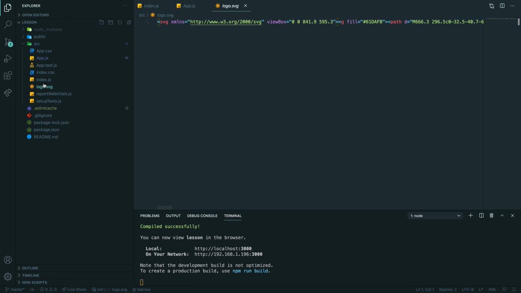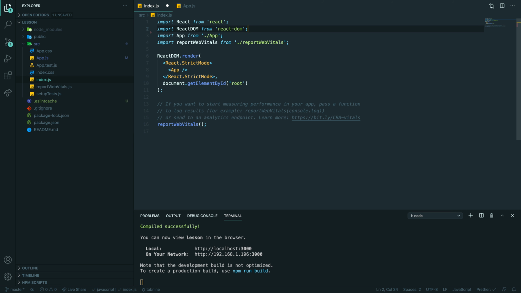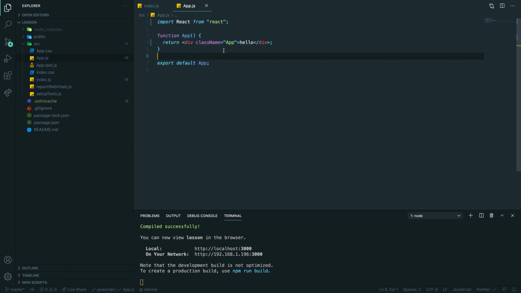Sorry, what's the app.js versus your index.js? So index is just a root file where you can do some configuration. You don't normally do any logic. You're not writing your code here. You're just adding a few things, if you need routing, we will talk about that a bit later, or a global state like Redux, etc. But this is basically more like a configuration file. It's like the top level component that you don't normally write anything in. And where everything is starting for you is the app.js. So app.js is basically the main one where you start writing your code.